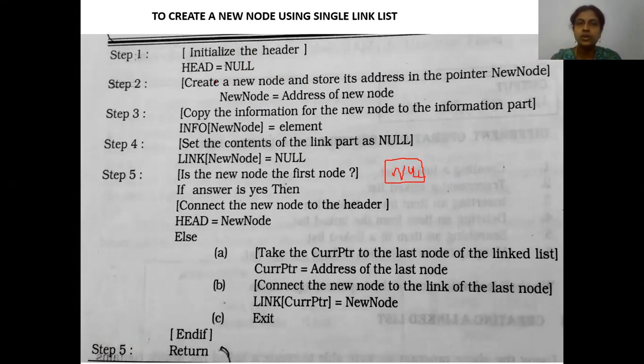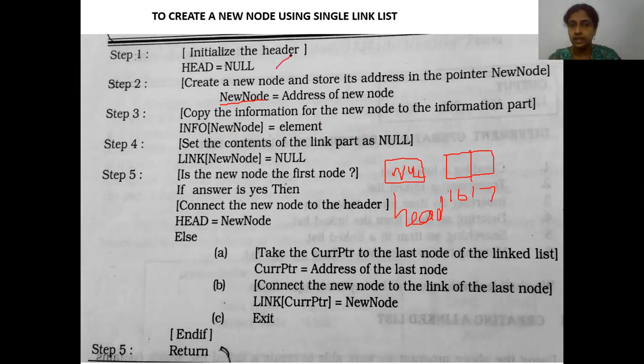Then what we are doing: create a new node and store it in a pointer. In the second step we have read, create a new node. Okay, new node. And then what we have to do: new node equal to address of the new node. So this would have been stored in some address, correct? Usually the computer would have stored it in some address. This address you need to store in a variable called new node. So understand that first, this is called the head node. This head node should be set to null.